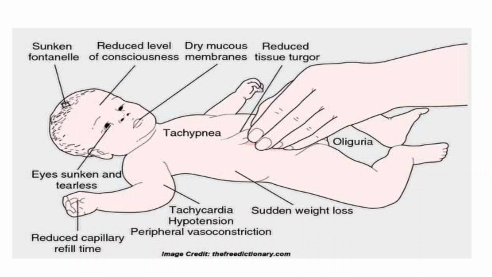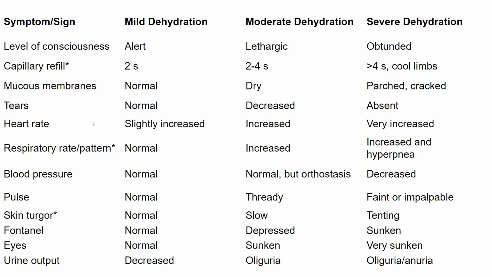The mucous membrane becomes dry. That's how the clinical signs of fluid loss or dehydration are seen. Now, based upon the clinical signs of dehydration, we characterize them into three categories: mild, moderate, or severe. In mild dehydration, the capillary refill time is not much affected, heart rate is slightly increased, and urinary output may be slightly reduced. Otherwise, there may not be any change. The rest of the things may seem to be normal.